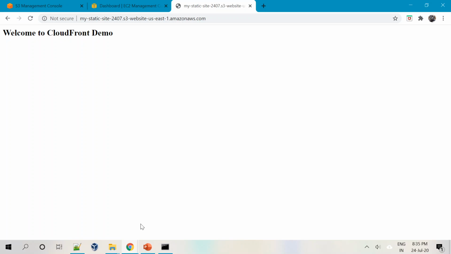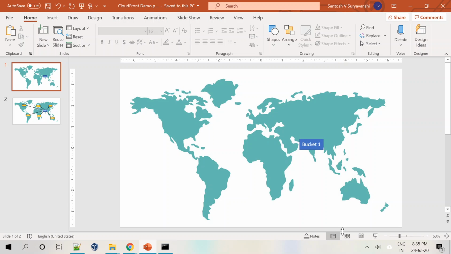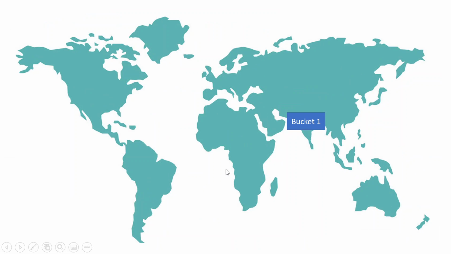Now if I had to explain this concept pictorially, we have this bucket hosted in one of the regions of AWS. This static website can be accessed from anywhere by whoever has that URL.